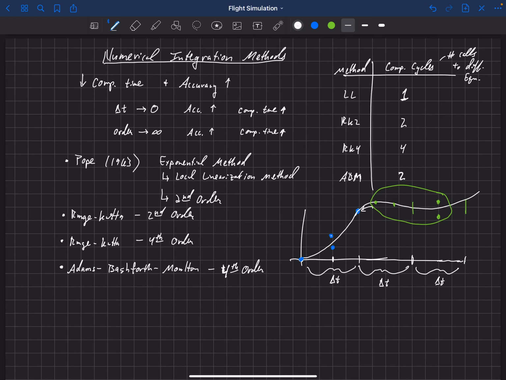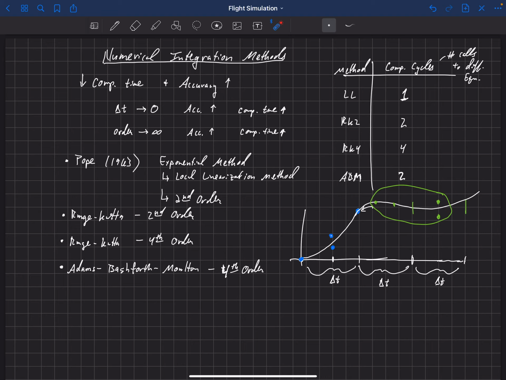Okay, so now what's a little bit challenging with the ABM method is that you can't use that at the beginning of your simulation. So at time t equals 0, we don't have previous information, and so what you have to do is go, I think it's 3 time steps in using another method, such as the fourth order Runge-Kutta or something. So you could go 2 or 3 time steps in and then start to pull information from the previous time steps and switch over to the ABM method for future time steps.